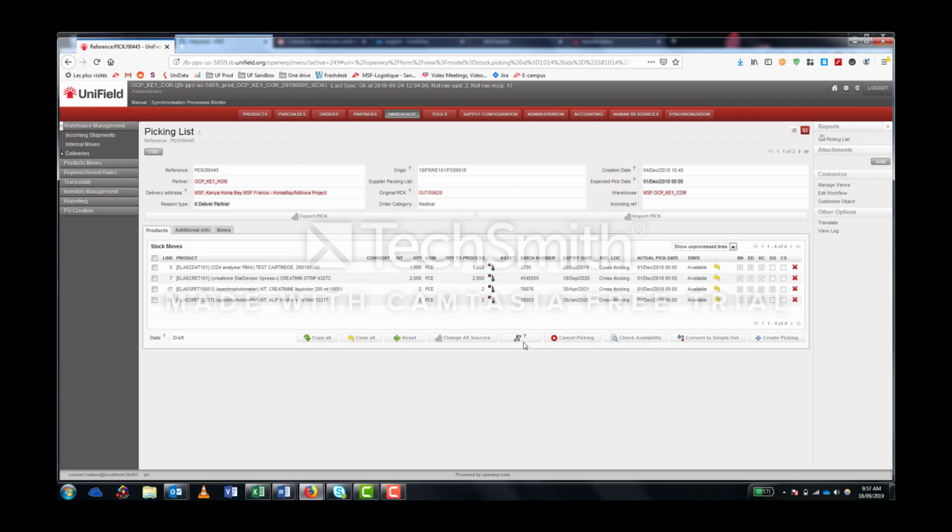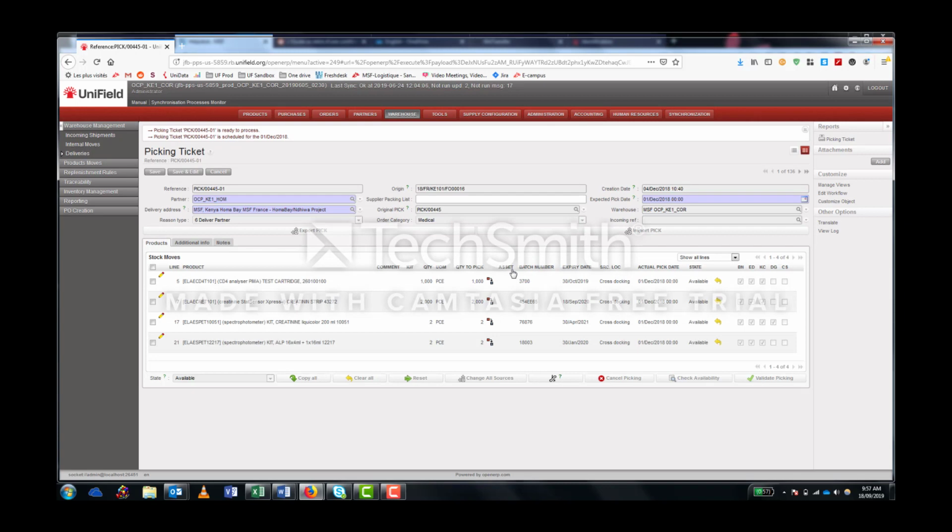Let's now create a picking. We are now in the picking ticket. As you can see, the quantity to pick is already pre-filled. If we wish to change things, we can edit it at the line level. If we wish to only process a certain amount of lines, we can do it by ticking each box. In this situation, we will process all lines. We can then validate the pick. The first time that we clicked, we created a pick. Now we validate that we picked this quantity.